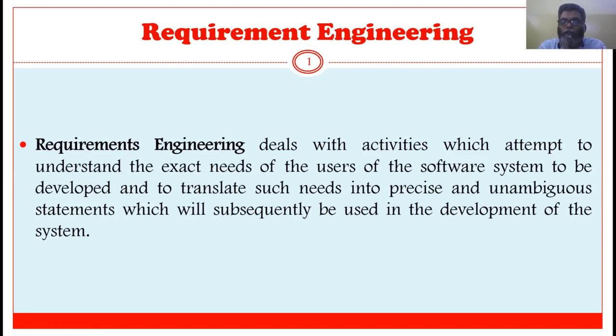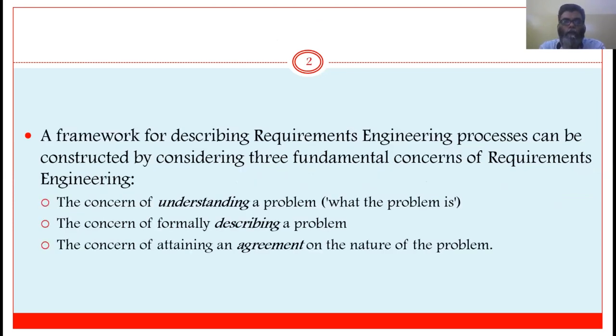According to that, we can conclude the definition for requirement engineering as dealing with activities which attempt to understand the exact needs of the user or exact needs of the software system to be developed and to translate such needs into precise and unambiguous, that is, ambiguous means confused, unambiguous means not confused, that means clear statements which will subsequently be used in the development of the system, the development of the software. In other words, requirement engineering is a framework for